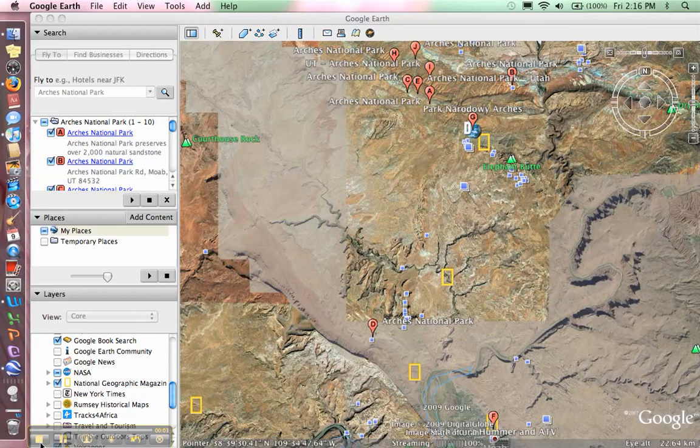Hi, in this tutorial I'm going to model the assignment that we're working on this week for you. For this assignment I have decided to focus on Arches National Park right here in Utah. And I'm going to use 4 of my placemarks and create 4 different activities for my students to check out